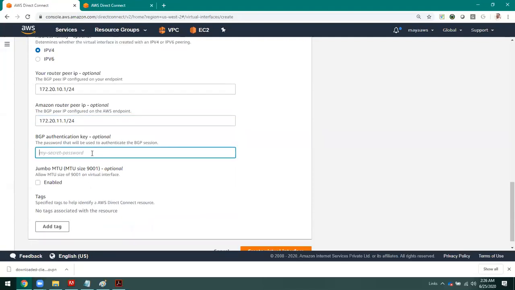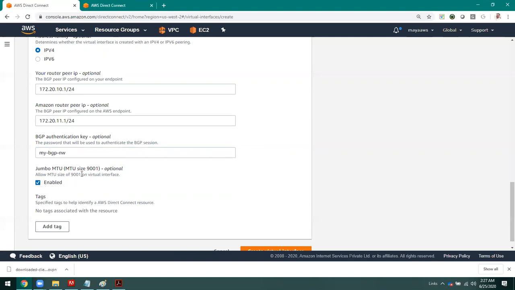Next is the BGP authentication string, which you can take from your on-premises router, where you want to establish the secure BGP routing. And if you want to go with Jumbo frame support, we support a 9,000 MTU size.